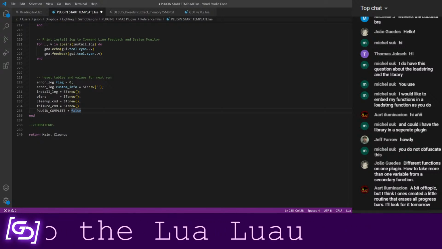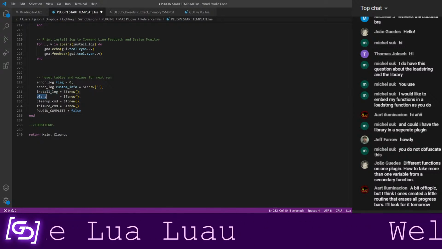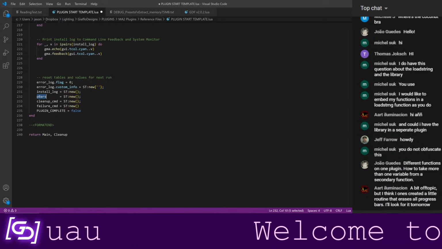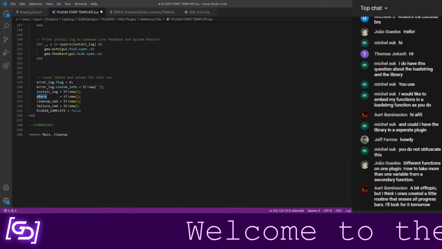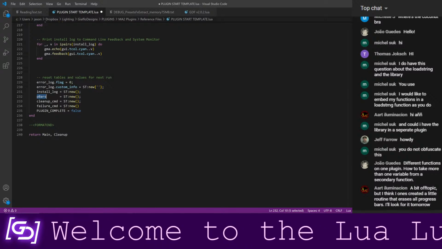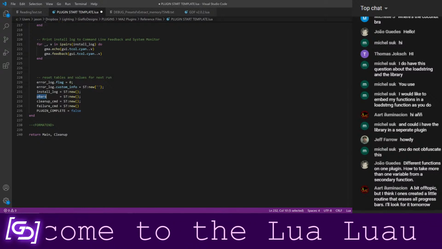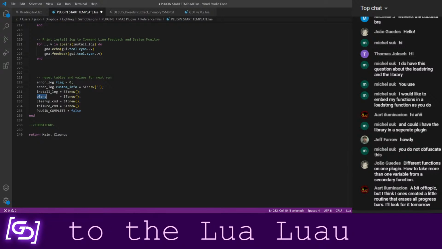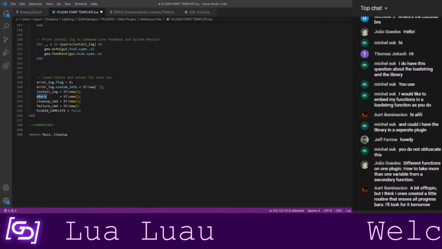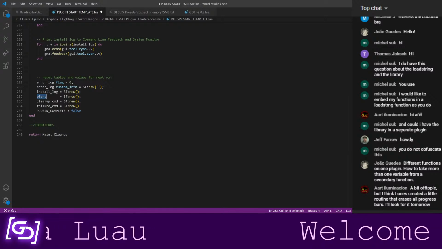What is important to note is that it creates new tables that are assigned to all of these existing variables. This is a topic worth getting into for those who are maybe newer to Lua. Tables are not the same as, let's say, a number or a string, in that they are what is called reference variables rather than value variables.